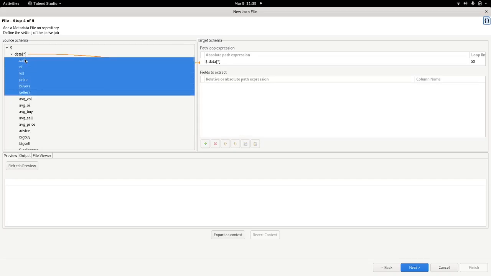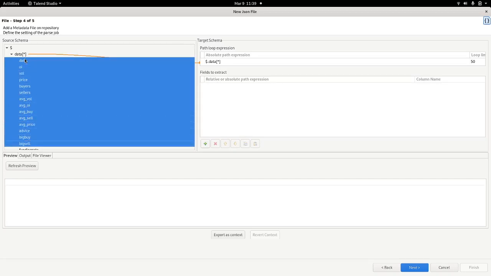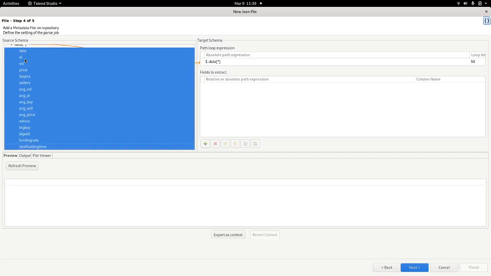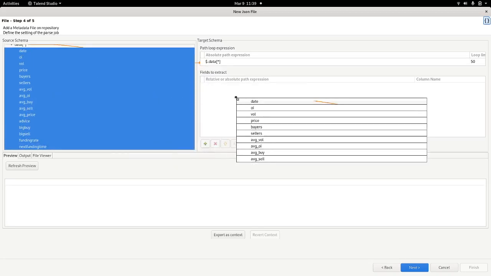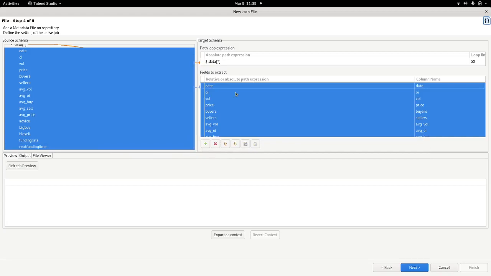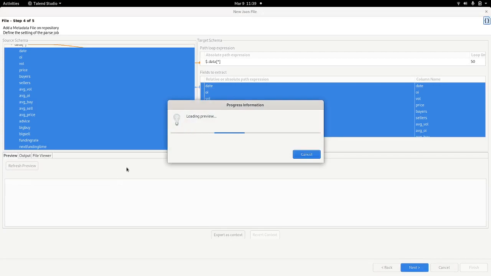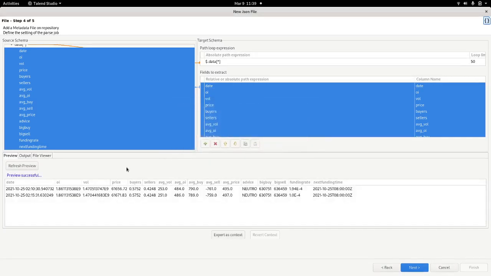So I just shift and arrow down all those fields and then click and drag them right here. So that's all. Now I need to refresh the preview, and the preview will tell me how Talend will parse those fields. It will present them in like a table. So now I just click on next,